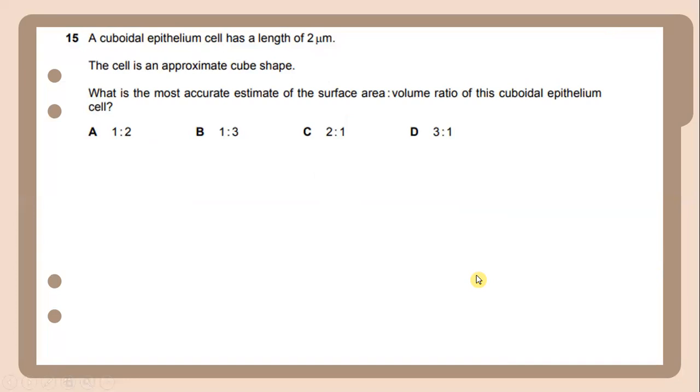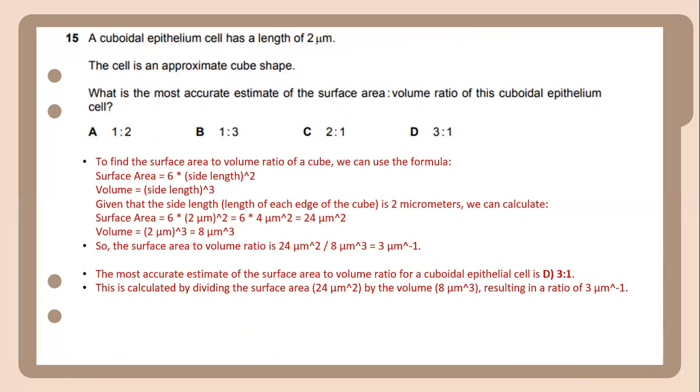The cuboidal epithelium cell has a length of 2 micrometers, and the cell is an approximate cube shape. What is the most accurate estimate of the surface area to volume ratio of this cuboidal epithelium cell? To find the surface area to volume ratio of a cube, we can use this formula. Surface area equals 6 multiplied by side length to the power of 2, and volume equals side length to the power of 3. Given that the side length, the length of each edge of the cube, is 2 micrometers, we can calculate